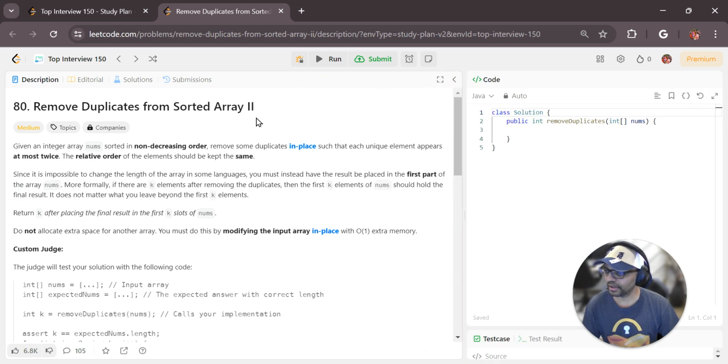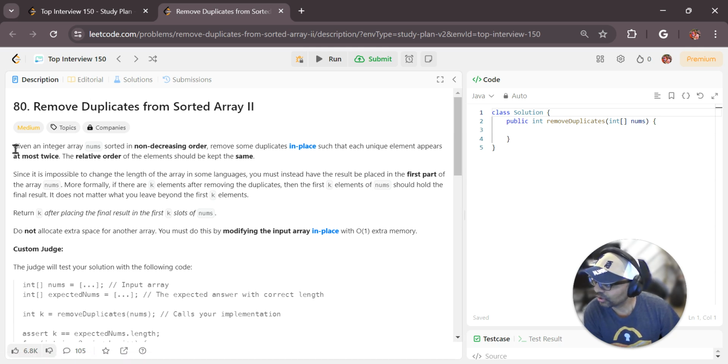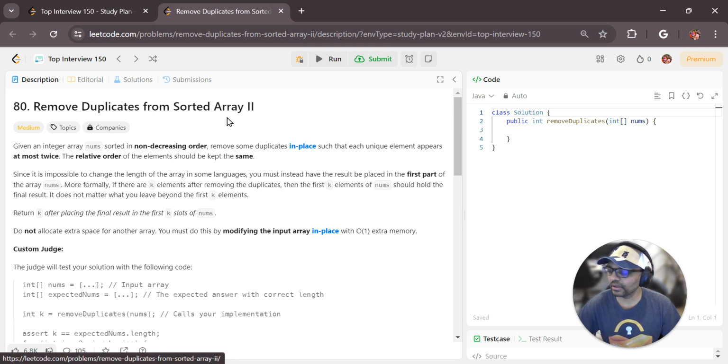Remove Duplicates from Sorted Array 2. So here in the previous video we did Remove Duplicates from Sorted Array. This one looks like a slightly different version of that. Given an integer array nums sorted in non-decreasing order, remove some duplicates in place such that each unique element appears at most twice. The relative order of the elements should be kept the same. Okay, so looks like the main difference between Remove Duplicates from Sorted Array and this version of the problem is that we are allowed to keep two duplicates and not more. In the other version, we were not allowed to keep any duplicates and we were supposed to remove them in